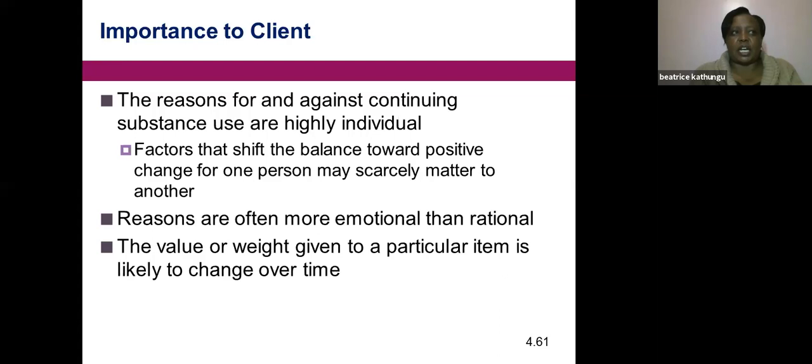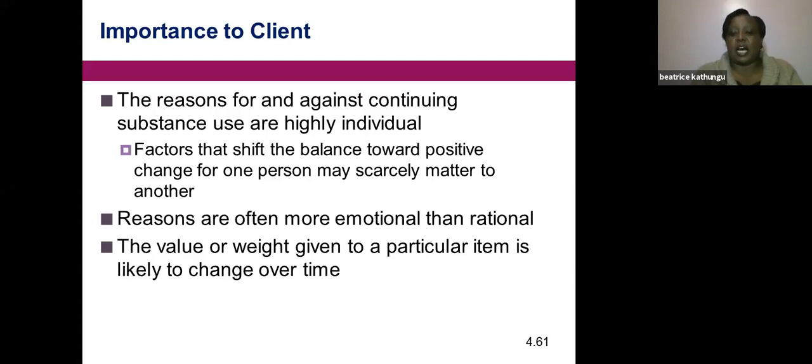In fact, I have met clients who say, the only reason I came to treatment is because I want my wife back. It's because I want my fiance back. That tells you that for that client, having a fiance, having a wife is of important value. So we have to listen to hear what are the things that the client holds in high value, because it is those things that will actually motivate the client, and we can anchor our push for change around those things